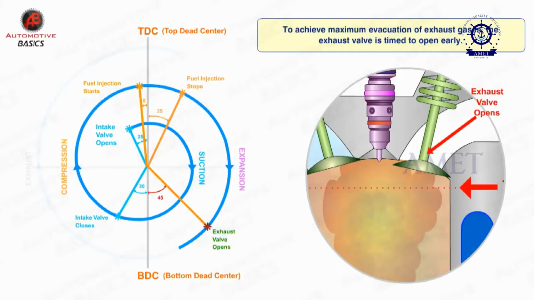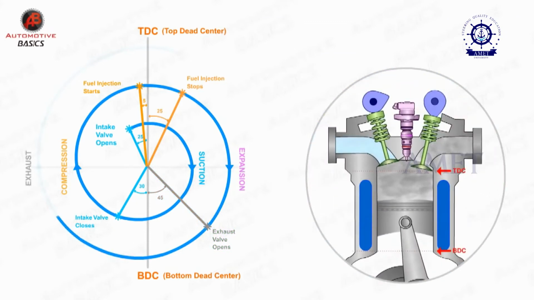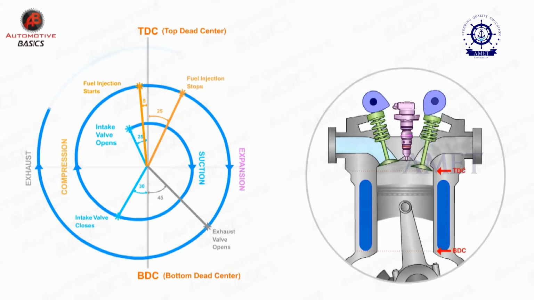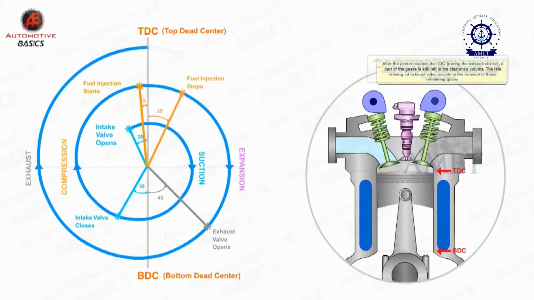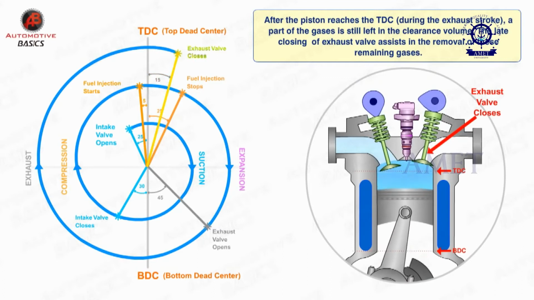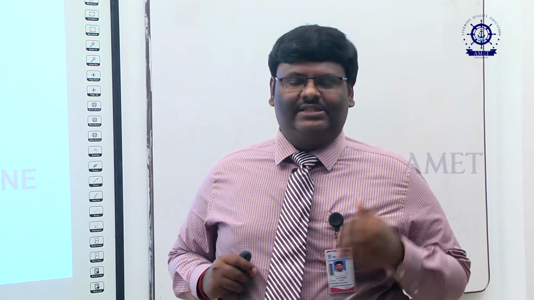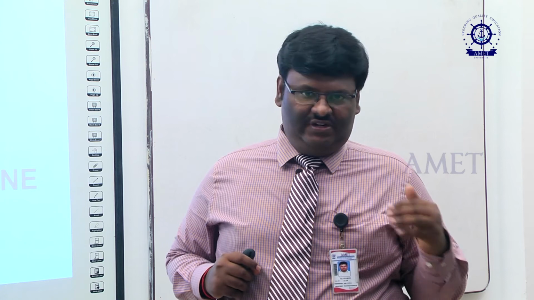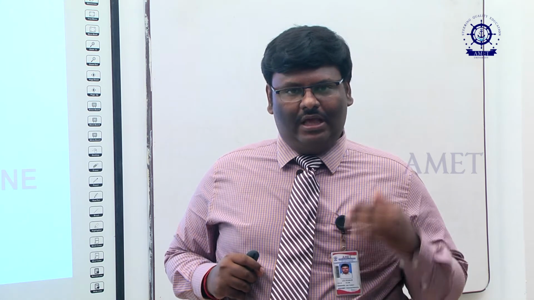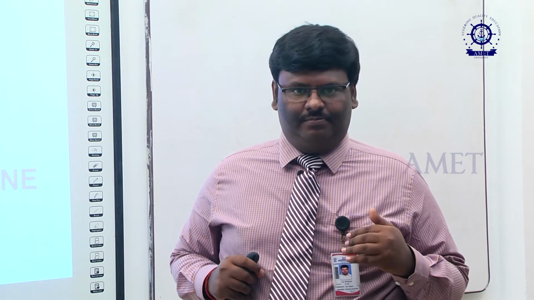Theoretically, all the 4 strokes are equal strokes. That is, a stroke begins when the piston is at top dead center and the process ends when the piston reaches bottom dead center. But practically speaking, a few processes take place for a longer span of time and a few for a shorter span of time. For example, suction and exhaust take place for a longer span of time, and compression and expansion take place for a shorter span of time.